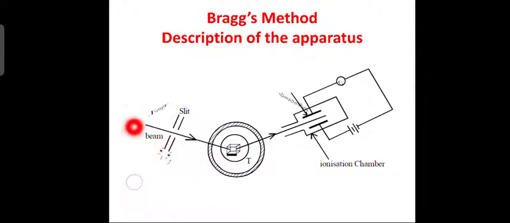This is the instrument by which you are measuring the crystal structure of rock salt. You can see the beam of light passing through the slits. It is allowed to fall on the crystal. This is the crystal. This is a rotating table, and at the center of the table you can see the crystal of sodium chloride has been kept. The incident light falls on the crystal, so this is the incident light. Then this is the reflected light. Light transmits through the crystal and then gets reflected through this. This is the ionization chamber. So this is the simple diagram of Bragg's method.